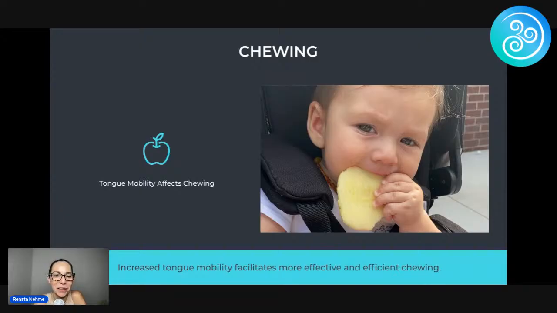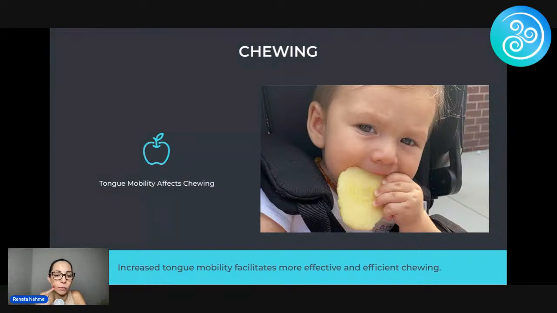So the tongue is also responsible to help you chew your food. How, Renata, if you chew with your teeth? The tongue is actually moving, the tongue and the cheeks. It's helping move the food from side to side. So if your cheek muscles are too weak, whenever you're chewing your food, you're going to notice that we get food packed all the way on the insides right here.